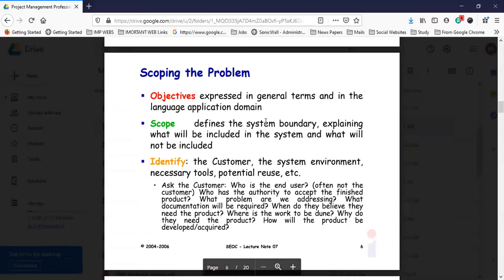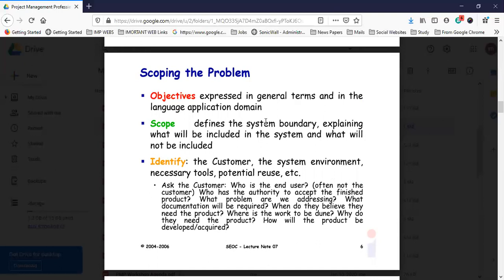So, scoping the problem. The objectives are expressed in general terms, in the language of the application domain. Scope defines the system boundary, explaining what will be included in the system and what will not be included, and identifies the customers, the in-system environment, necessary tools, potential use, etc. Ask the customers: who is the end user, often not the customer who has the authority to accept the finished product?